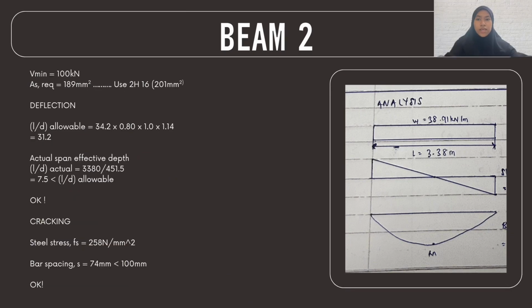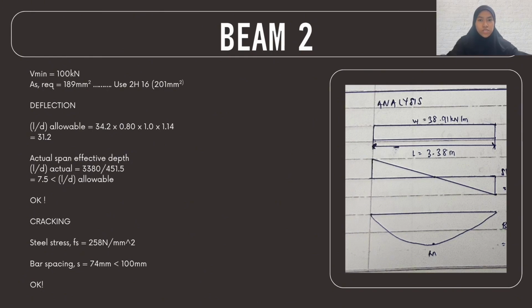From the structural analysis, the uniformly distributed load on the beam is calculated to be 38.1 kilonewtons per meter, with an effective span of 3.38 meters. Using this load, the minimum shear capacity required is 100 kilonewtons. The required steel area, As, is 189 square millimeters, and for that we adopt 2H16 bars giving 201 square millimeters,